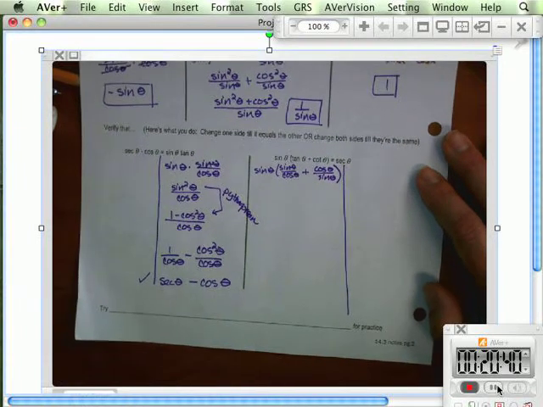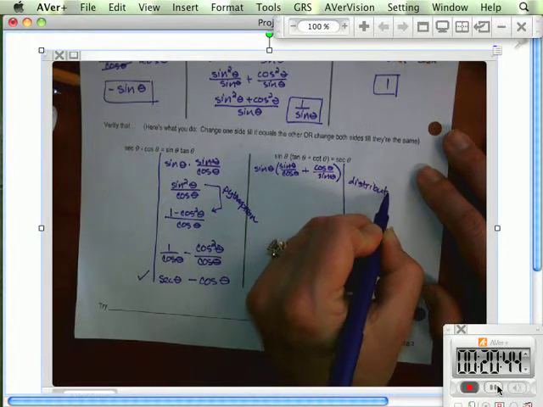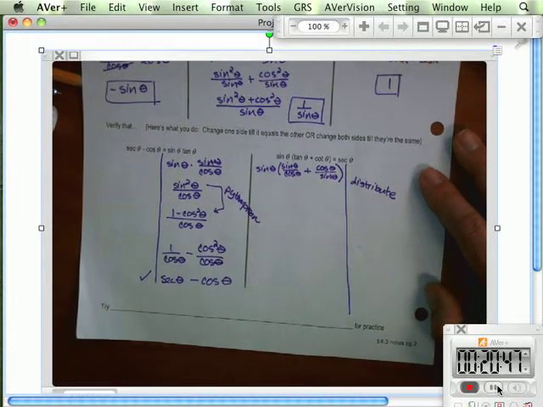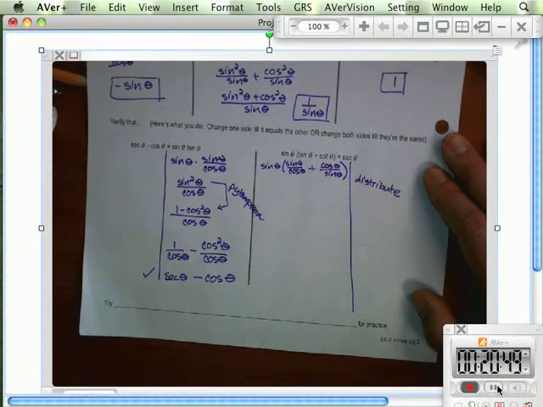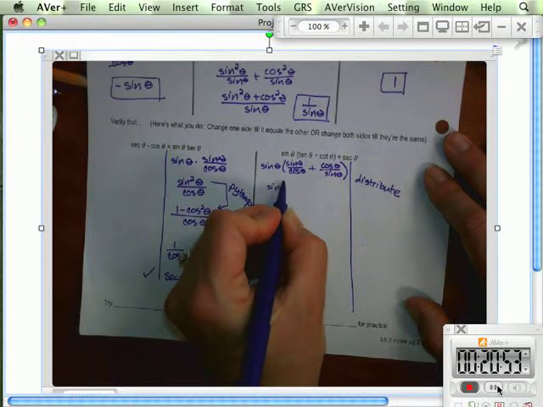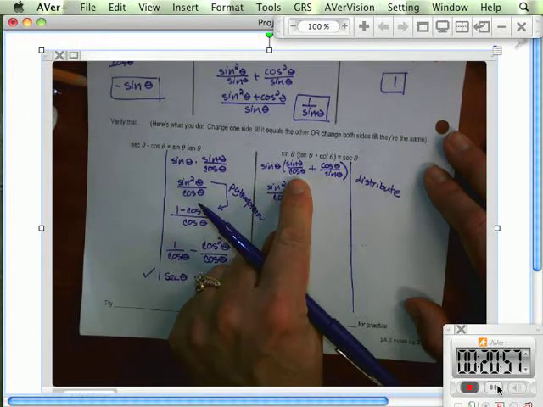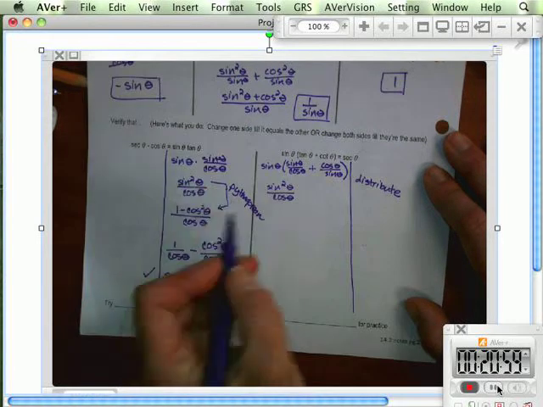Then I'm going to distribute. Try and get some squareds going on. See if that helps me. Using the identities, perhaps. We'll see. So if I distribute, this is what it's going to look like. Sine squared theta over cosine theta. That's my first term. Plus